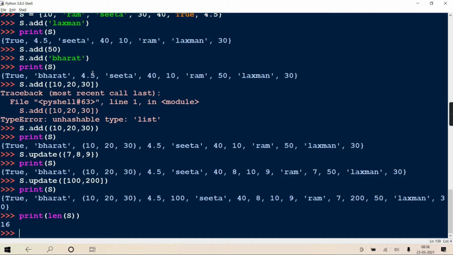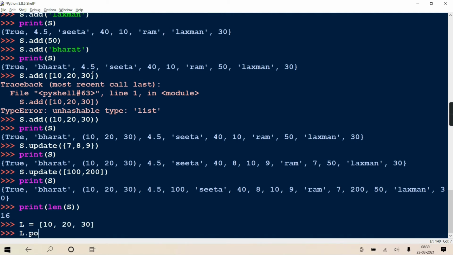In case of list, I hope you remember the pop method, list 10, 20, 30. When I write L dot pop and don't give anything, by default the last one is deleted, and then it returns that element.